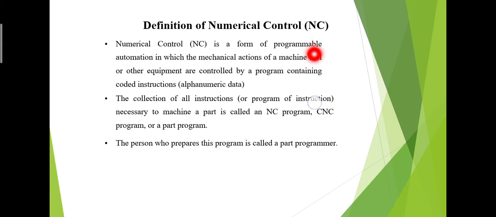And flexibility in manufacturing is another benefit of the NC system. An NC machine can easily adapt to design changes in parts by making the corresponding changes in the part program. Also, it can easily adapt to changes in a production schedule, providing great flexibility in manufacturing and in the cost of production. If you use the NC system, then the NC machine helps in lowering the cost of production due